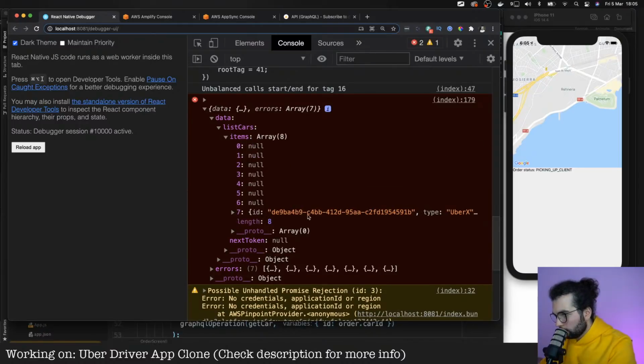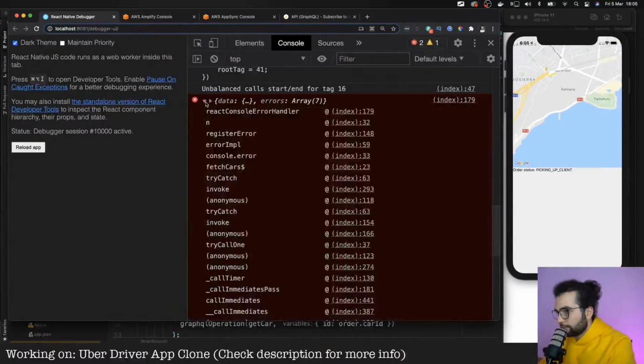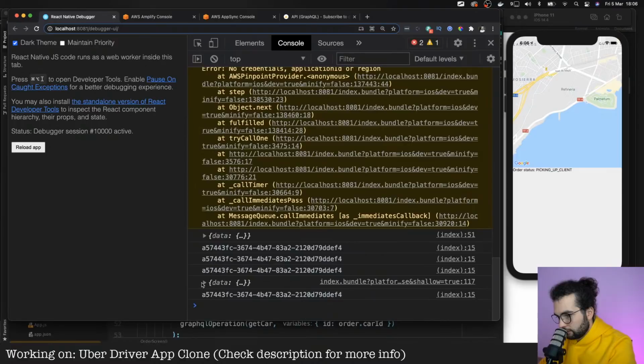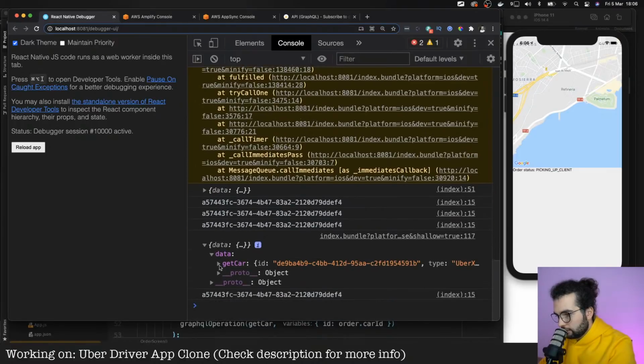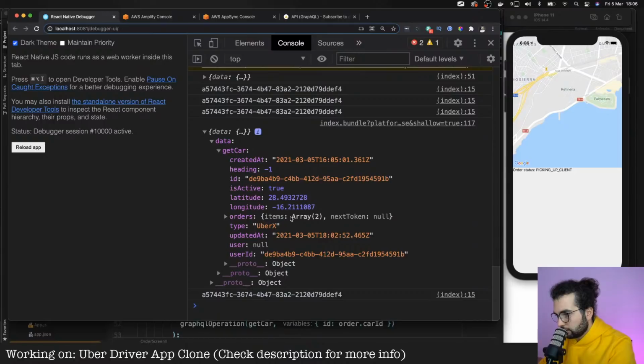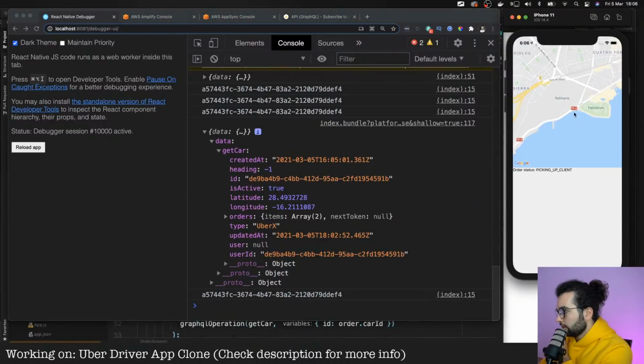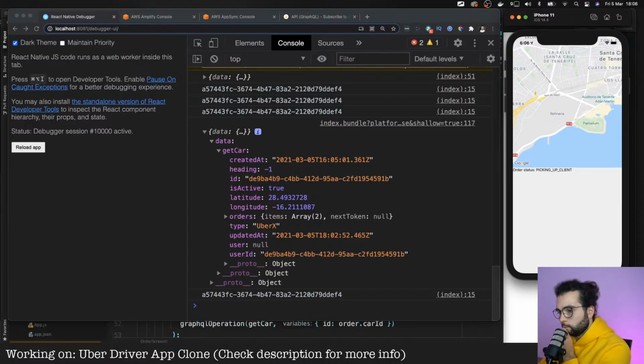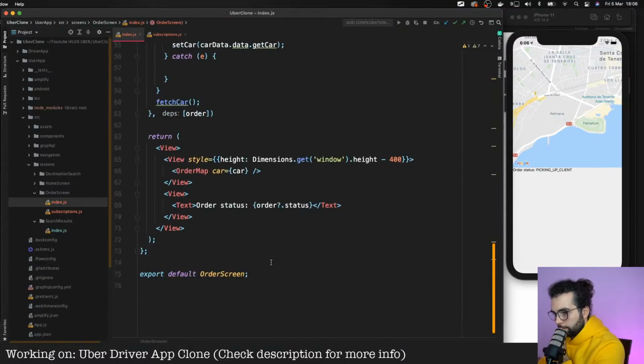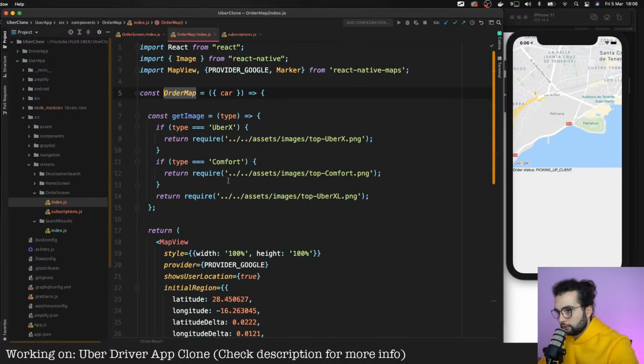ID. Oh, that's, yeah, get car. So it gets a car, latitude, longitude. Why is it not rendered? Latitude, longitude. Order map, car. We get the car.